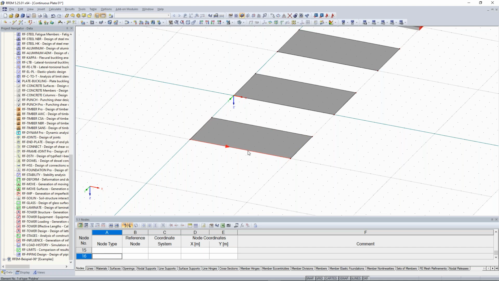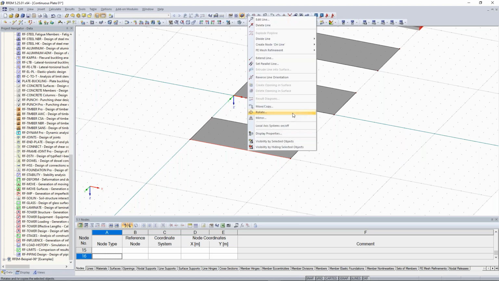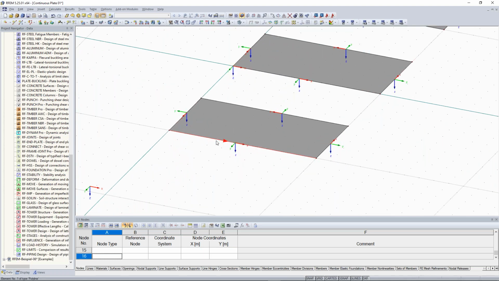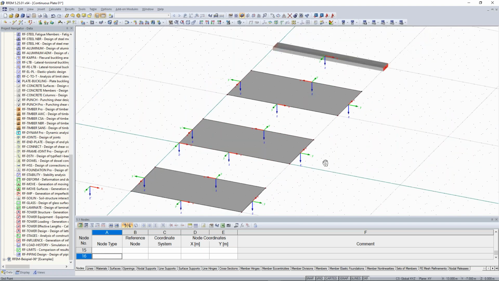With a right click on one of the line nodes, I can also show the local axis system, and this is similar to the line direction. So the local x-axis of every line or every member is the same as the line direction. Yeah, so you see it shows to the right, to the same direction. And one important note is also that